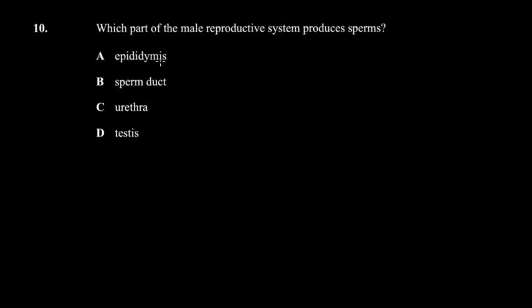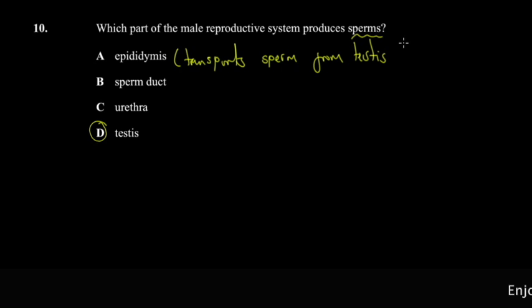It says which part of the male reproductive system produces sperm? So which part of the male reproductive system produces sperm? It's actually just the testis. Okay. So the epididymis transports sperm from the testis to